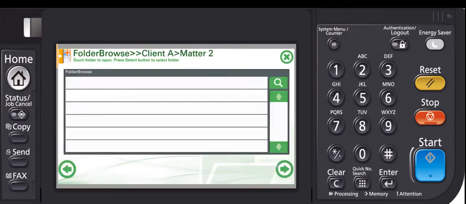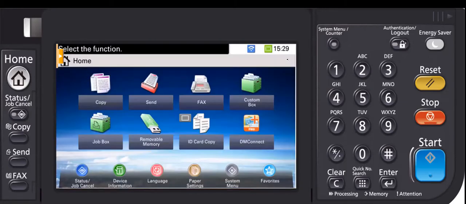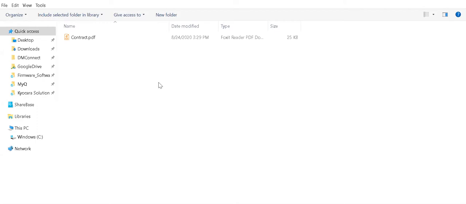And it returns to the destination folder. So if I have multiple items for the same client, I can put in a next document, press Next, change my name, and stay in this process until I'm completed. Here, I'm going to close the application because I'm done. Now, when I come back to my computer, I am in the folder for Client A, Matter 2, and here's the contract that I just scanned at 3:29 p.m.